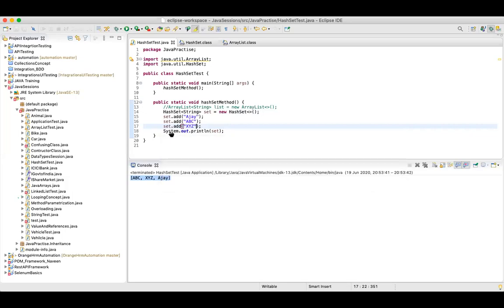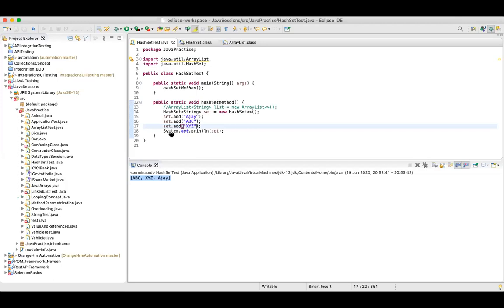So make a point of this, guys. This is one of the points. Hash set doesn't maintain the insertion order. Here elements are inserted on the basis of their hash code. So this has something to do with the hashing concept, but not with the indexes, right? At the 0th location you can have this, at the first location this. So when you say add A, add B, add C, it will not print in the same order because there is no insertion order maintained.